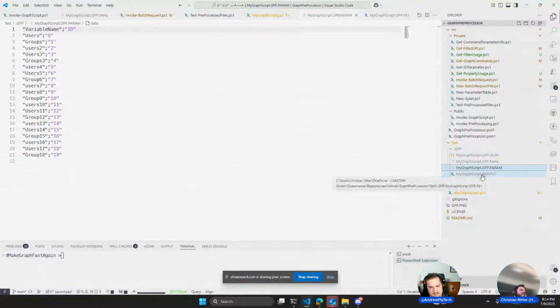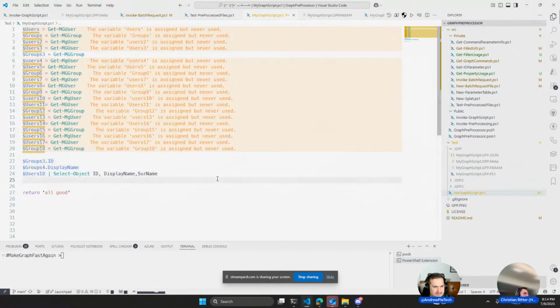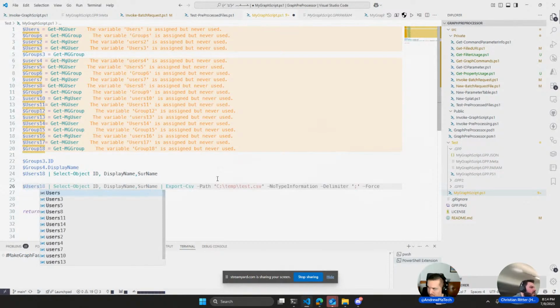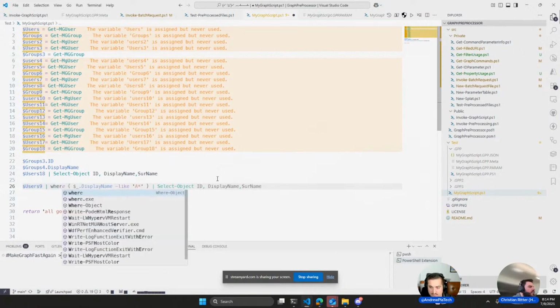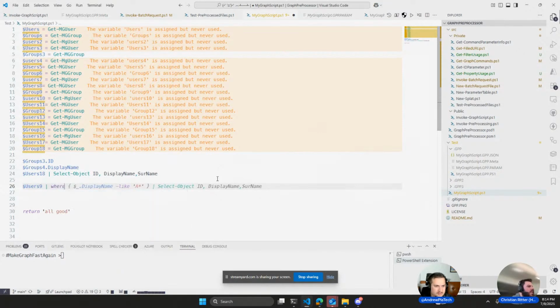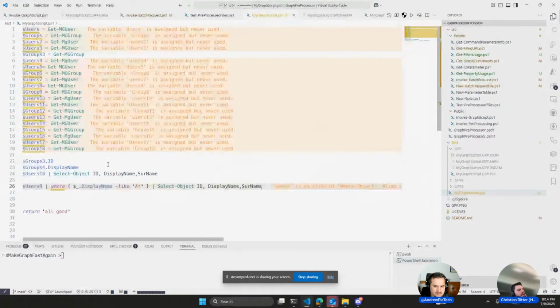But what is missing right now for this? As I said, the issue why it's broken. But what is also missing is the thing about the where object. So, for instance, if I go in my script and say, hey, here some hard users 9. And now I would say, okay, here I only need where object display name, for instance, like this. Then I would expect that the URI